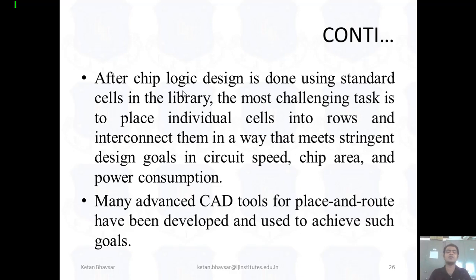In VLSI technology, we have 4 main parameters: power consumption, speed, area, and cost. Here we are focusing on performance, so we are considering speed, area, and power consumption. Area is considered to make the chip or your product much more compact as compared to other products.